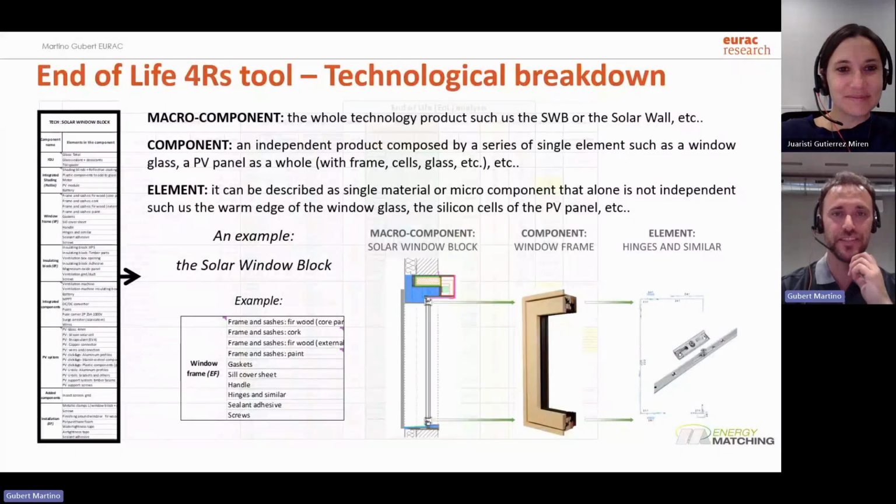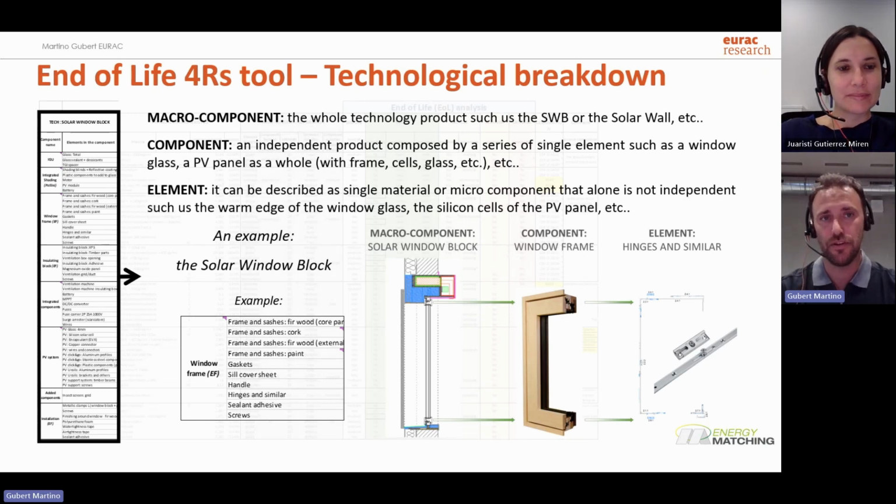Sure, sure. So I'm just sharing my screen. The end of life tool is a tool to assess the technologies for building facades, and the first step is doing this so-called technological breakdown.